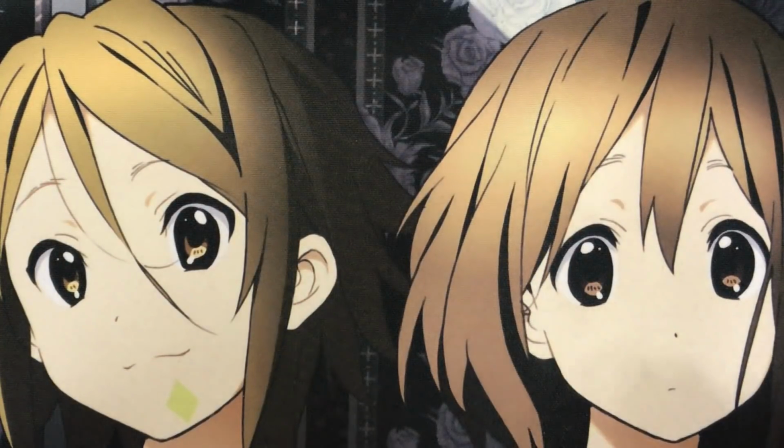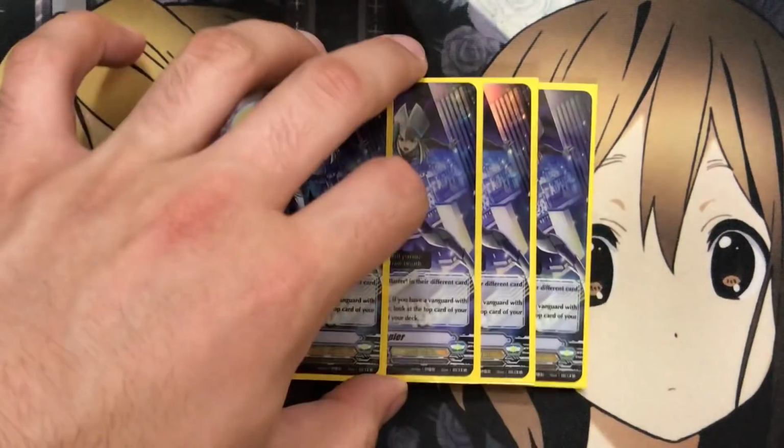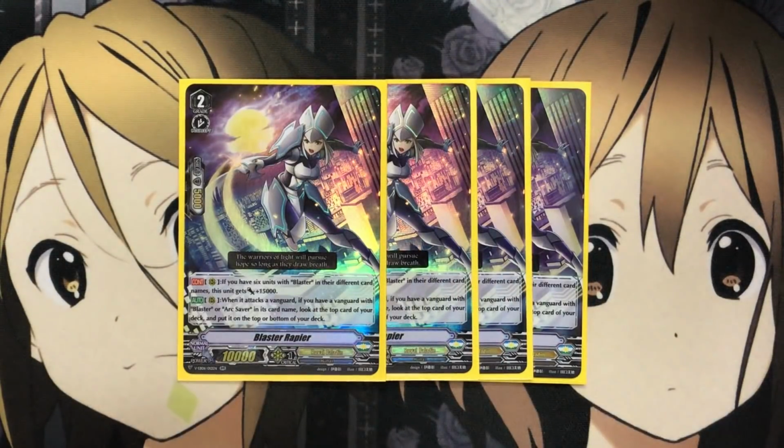And then for additional grade 2 units, I run 4 Blaster Rapier. With this one, if you have 6 units with Blaster in their different card names, this unit gets plus 15 power on rear guard. And on rear, when it attacks a Vanguard, if you have a Vanguard with Blaster or Arc Saver in its card name, look at the top card of your deck, put it on the top or bottom of your deck. So you just have that set up for your Vanguard's drive check as well, or if you're looking to get a specific card with your drive check, Rapier definitely does come in handy for that search,